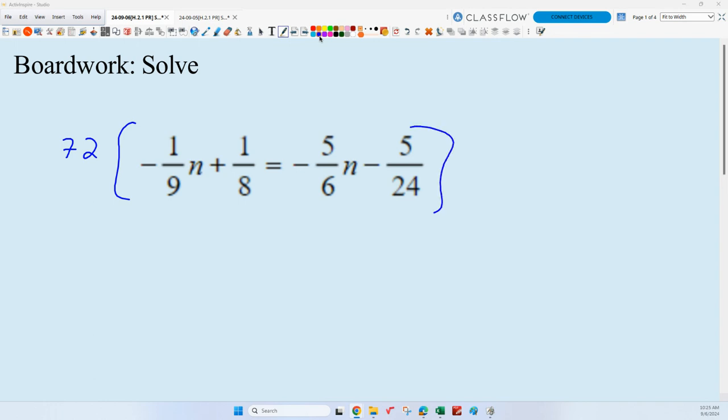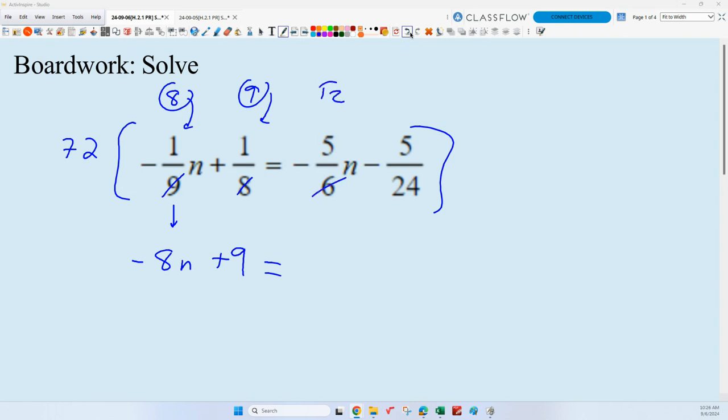And remember now, because we are clearing fractions, we handpick that number so that all the denominators will divide evenly into it, right? So what's my special trick I showed you guys yesterday for making this easy? What do? Okay, good. We're going to reduce the fraction first and then multiply what's left by the numerator. So 72 over 9 is 8 times negative 1n is negative 8n. 72 over 8 is 9, so we get plus 9 equals 72 over 6,